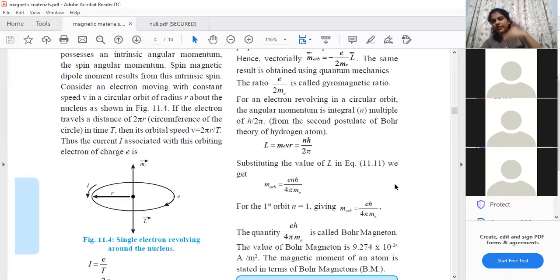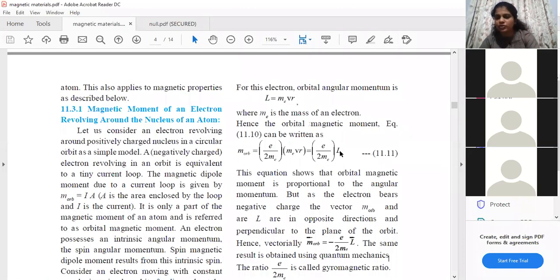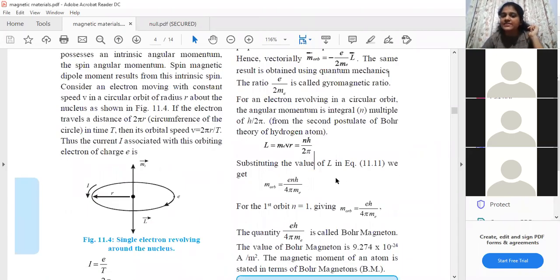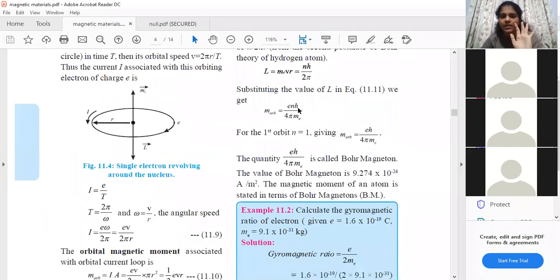One more modification we are doing is that in this magnetic dipole formula, students, instead of L we will substitute Bohr's postulate formula, that is nh upon 2 pi. If I substitute this formula, I will get something like this. The magnetic dipole formula is modified. We all know that n stands for the quantum number. If we are discussing the first orbit, then the value of n is going to be 1. So here I'll put n as 1, and I'll be left with this.